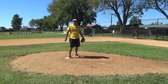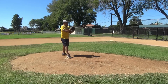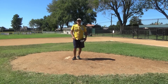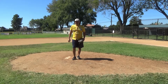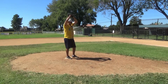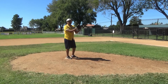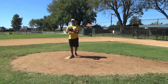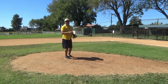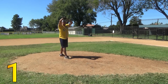Now you notice that I took a step back behind the rubber with my left foot. So I went here, and I went forward with it. It just depends how you like to do it, how you feel more comfortable. You also saw that I threw my hands above my head. I went up here with it. Well, you could just as easily have stayed here with hands in front and to the side, as opposed to going with your hands up. Let's go back and show you the first way. I went back, my hands went up,